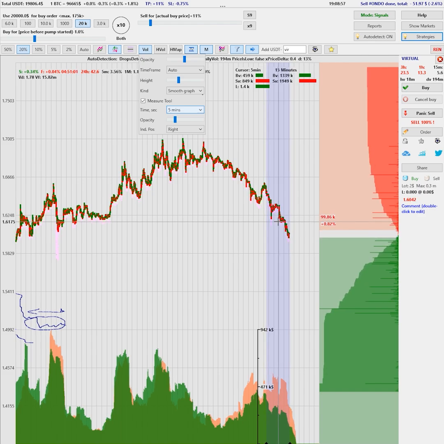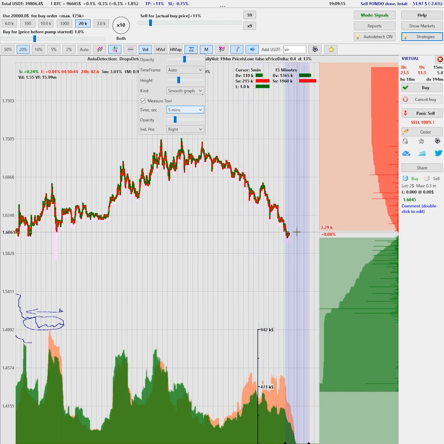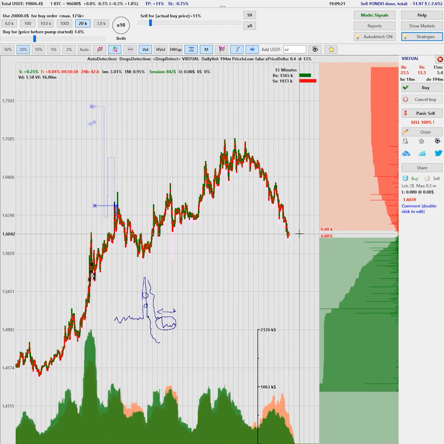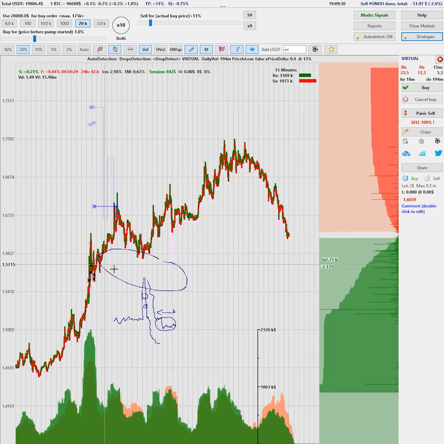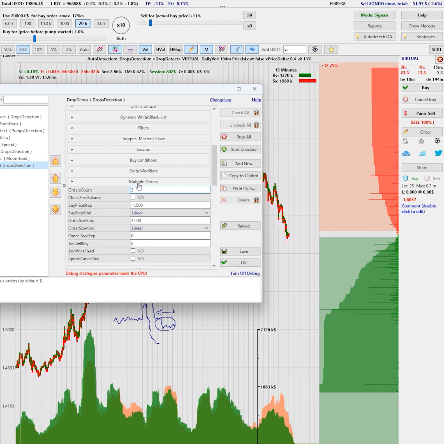we have a sell volume of 850K, buy volume of 450K. So let's say our filter will say this should be like 0.6 or something, right? So this would get picked up as a valid thing, and it will place a buy order here. Because this is a slow drop, and we are hoping that there is some sort of area of support in here, we can say, let's do 3 orders, and then